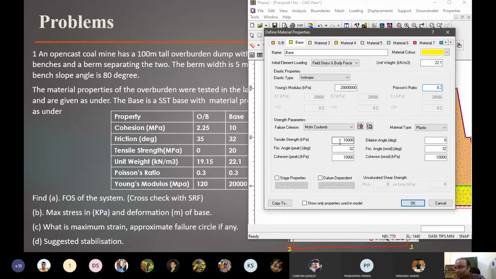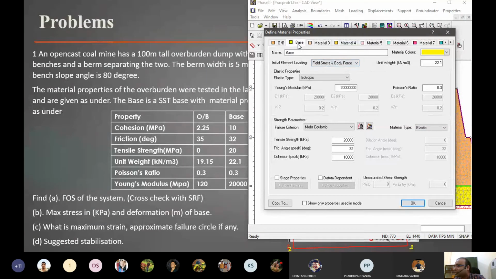Tensile strength, we have 20 megapascals, so 20,000 kilopascals. Cohesion, we have 10, that is correct. 32, let this be elastic because we don't want the base to be in any type of analysis for now.